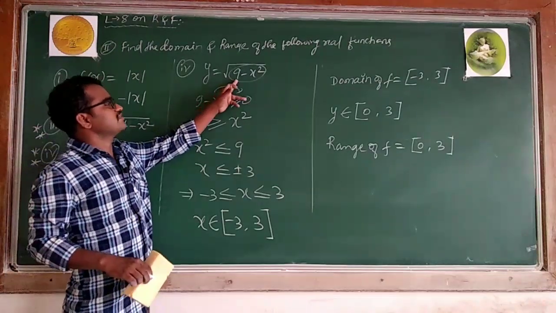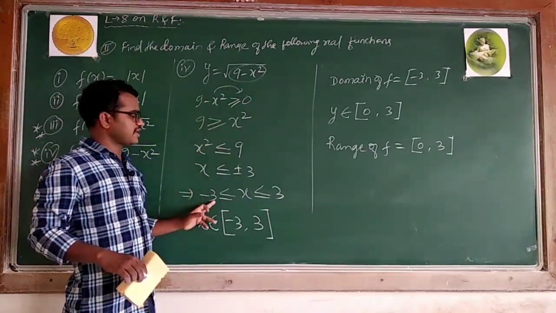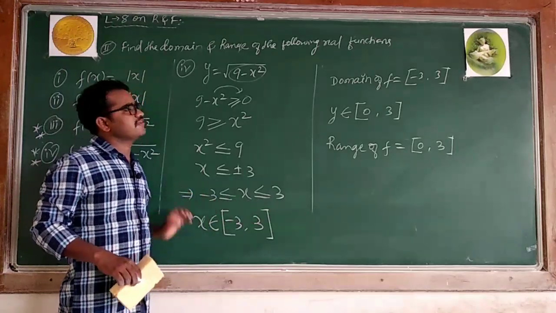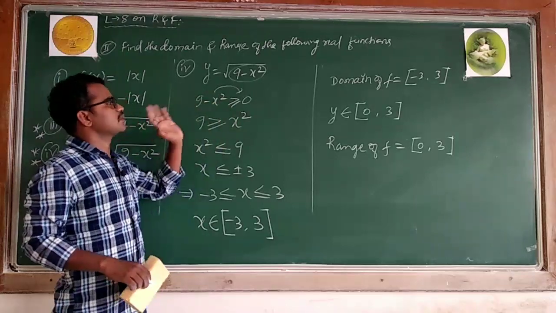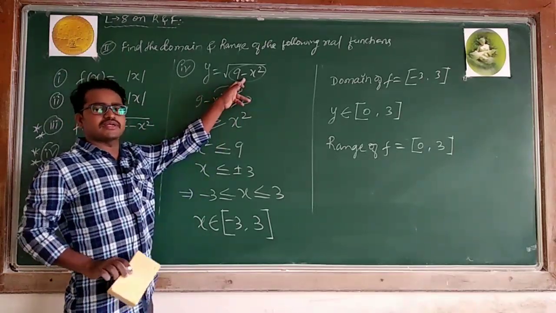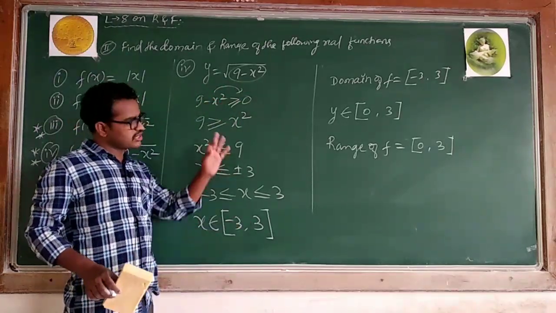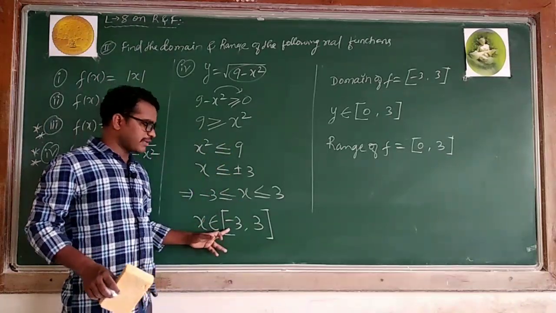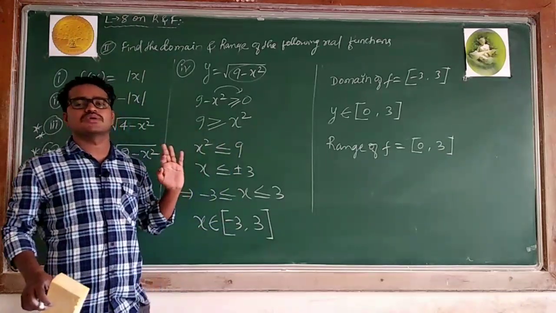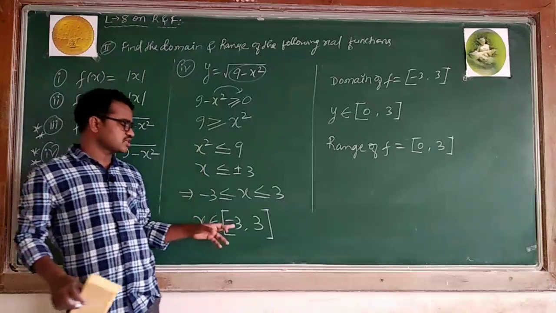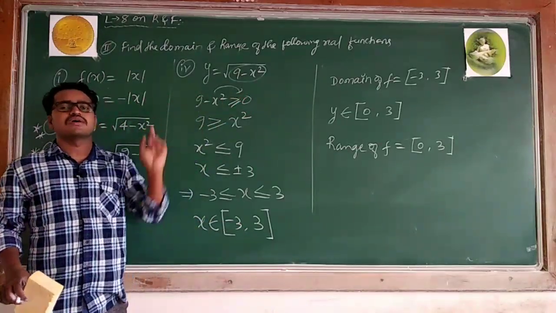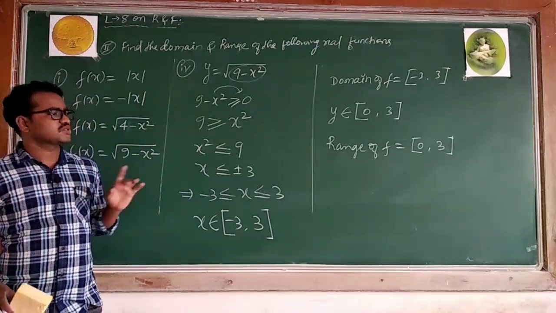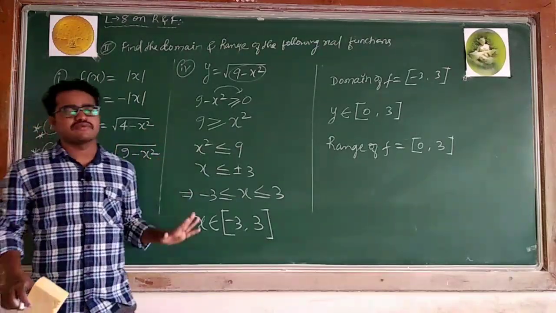Whenever there is an expression under a root, you say it is greater than or equal to 0, simplify, and you will get the x values. That is always the domain. Its corresponding values give 0 to 3, not negative. You take −3, and +3 will get 0. You can take any number in between, you will get 0 to 3 only. When you take 0 between −3 and +3, 9 minus 0 gives √9, which is 3. So the range is always 0 to 3.